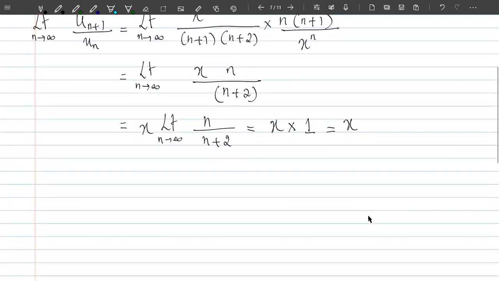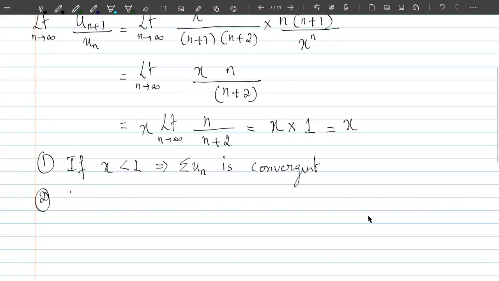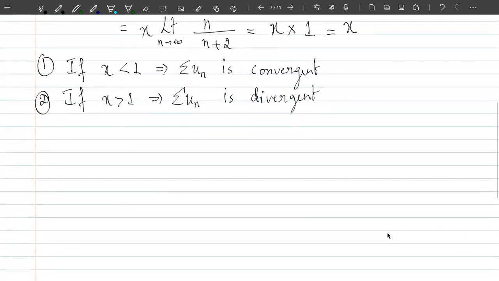Now here, if the value of x is less than 1, that implies summation un is convergent because of ratio test. And if x is greater than 1, that implies summation un is divergent. And if x is equal to 1,